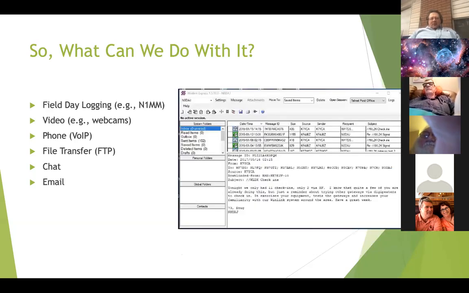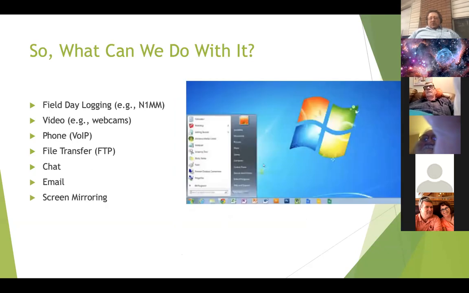Email as well. You can run an email server on the mesh network, and then people can have an email client. So kind of like WinLink in that regard, where you can send messages back and forth, but you can do this over the mesh network. You could do screen mirroring, and this is a place, Steve, where,